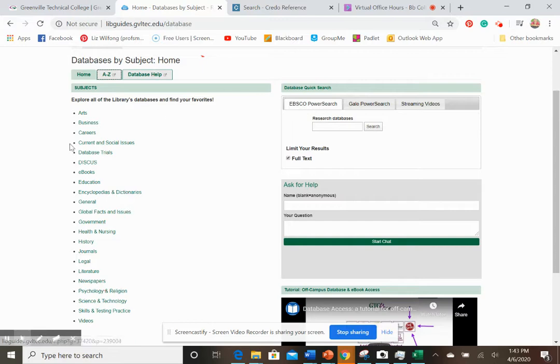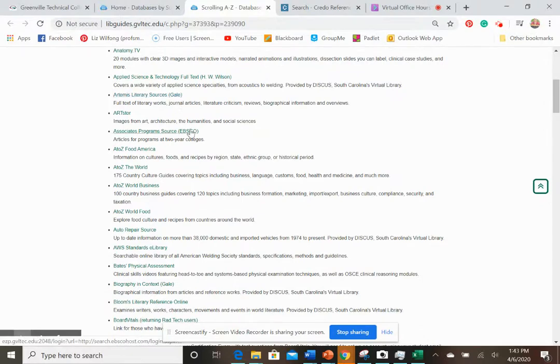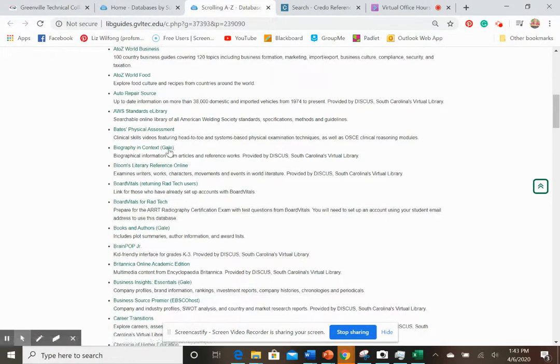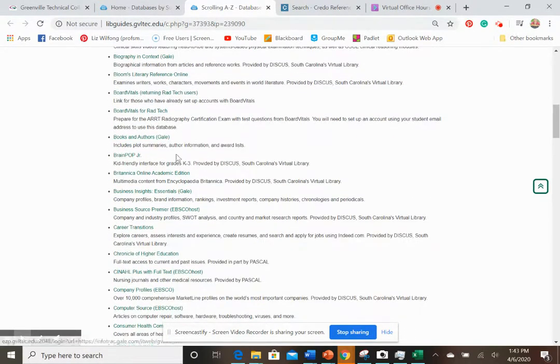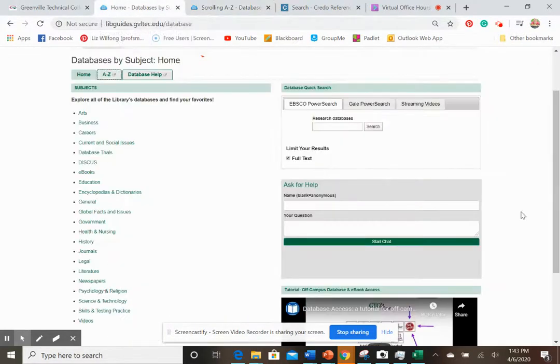So maybe you noticed on that A to Z list, if not, I'm going to take you back again because it's kind of an important detail to point out. Maybe you noticed that a lot of the databases either say EBSCO or they say Gale. Okay. So what that means is EBSCOhost and Gale, they are database